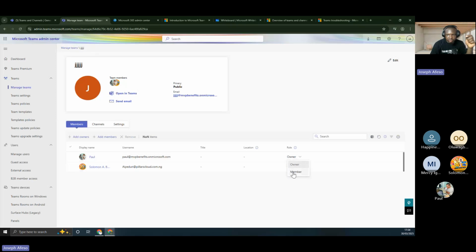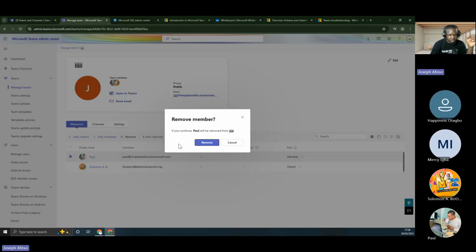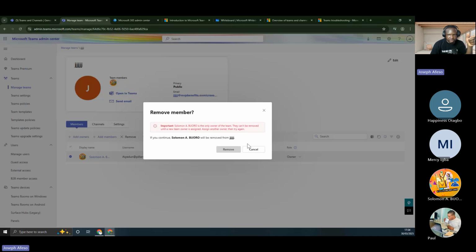I can demote him to member. I don't have issues. I can remove him. That's not going to be a problem. But now Solomon, if I remove Paul, look at it. I just do remove, and Paul is gone. If I come to remove Solomon, I'm not going to be able to do that, which you already know.